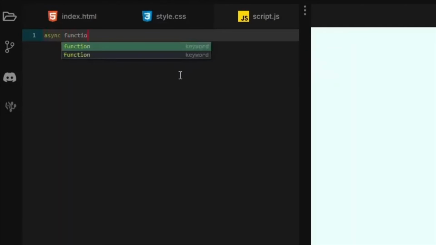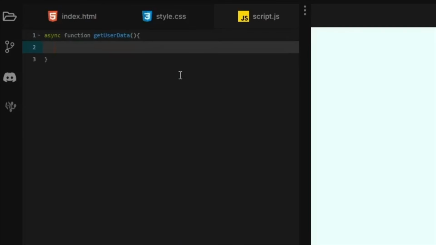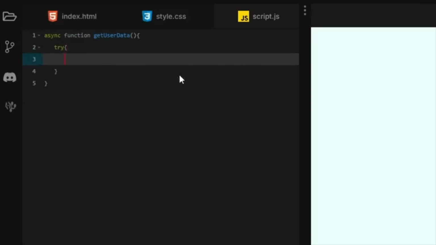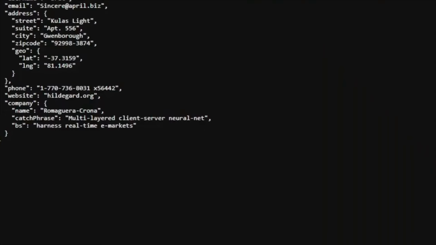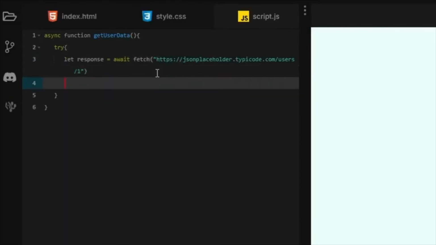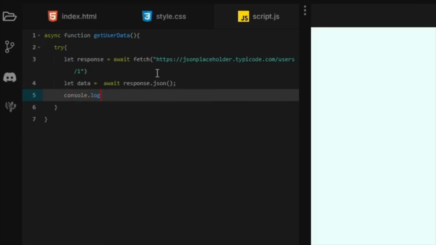Async function getUserData, and we'll use a try block, then let response equal await, because we are going to use fetch and we need the fetched value, and then we are going to copy this API link, and then let data equal await response.json, because we want to convert it into a JavaScript object, and then console.log, just like our previous code, username, and then plus data.name,